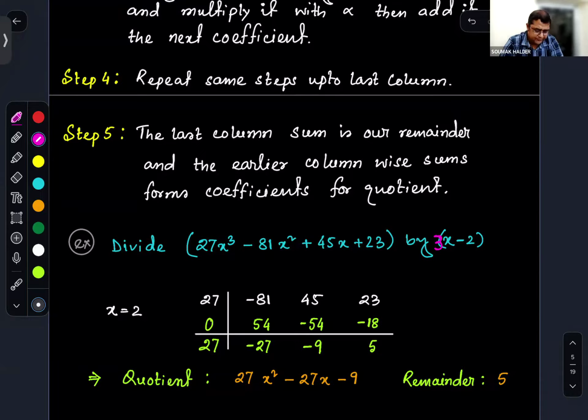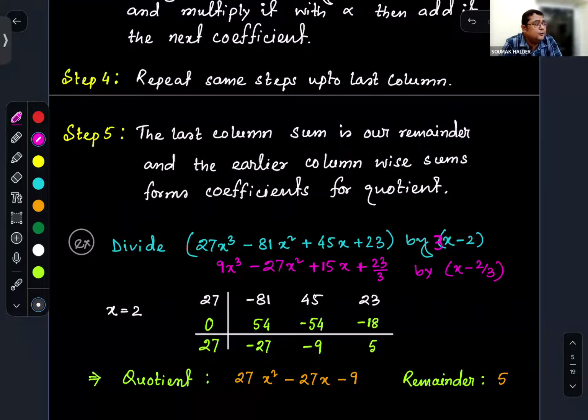So 3x minus 2 এর জন্য তো আমাদের এই প্রসেসটা রেডি নয়। So in that case just perform one thing. Okay, firstly get your divisor divided by 3. ডিভিডেন্ড কে আর ডিভিজর কে দুজনকেই যদি আমরা 3 দিয়ে ডিভাইড করি, তাহলে আমাদের কাছে আসছে কি 9x কিউব মাইনাস 27x স্কোয়ার প্লাস 15x প্লাস 23/3, আর তাকে আমরা এখন ডিভাইড করব x মাইনাস 2/3 দিয়ে। সো এখন এই লাইনের জন্য আমাদের শেখা প্রসেসটা এলিজিবল। সো এই প্রসেস দিয়ে তোমরা পুরোটা পারফর্ম করে দেবে।